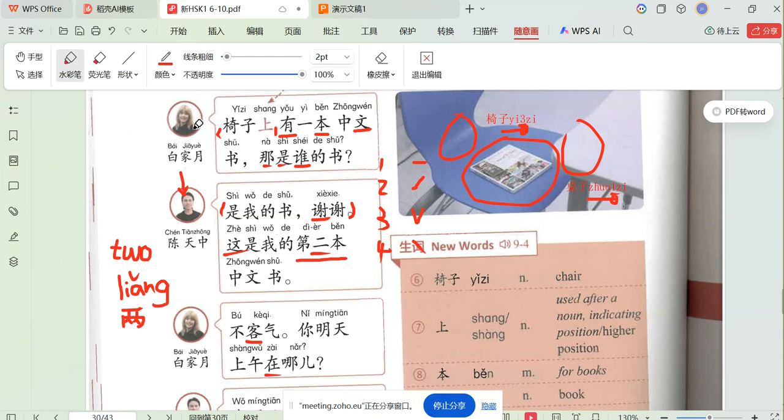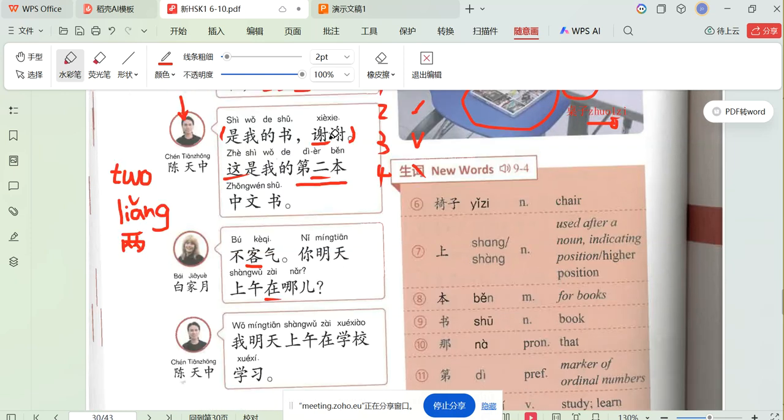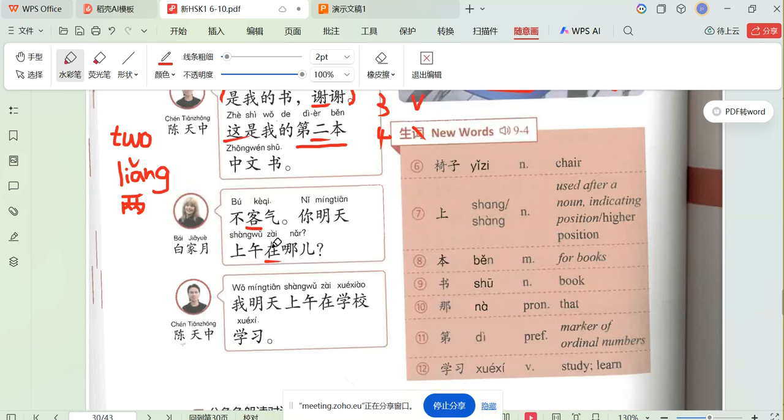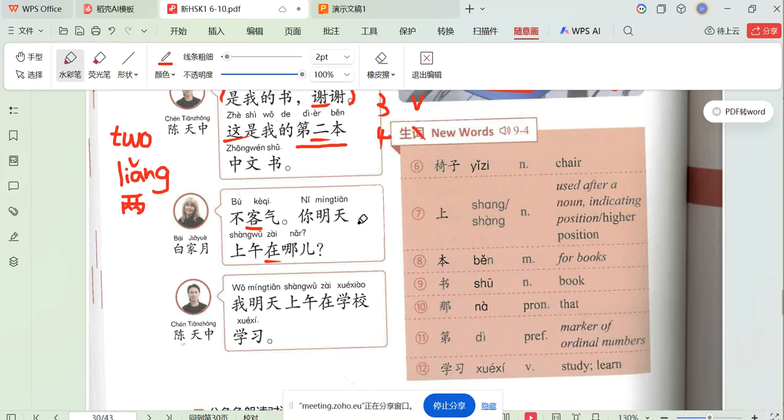So the girl found his book. He says thank you to her. If someone says thank you to you, what should you reply? You should say you're welcome or it's okay, right? How do I say that in Chinese? 不客气。不客气。